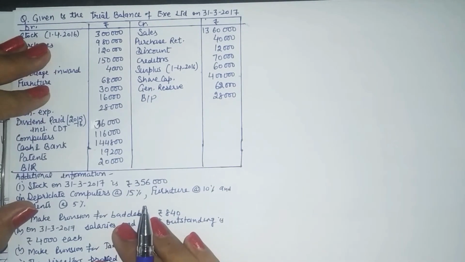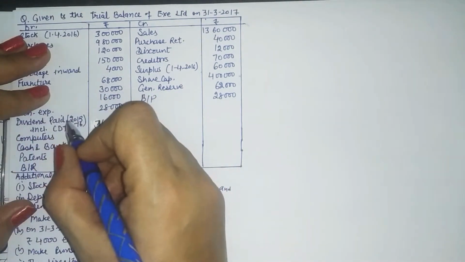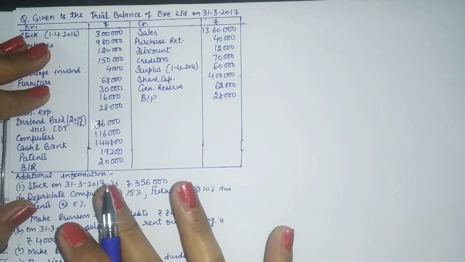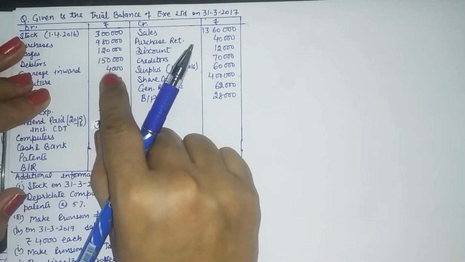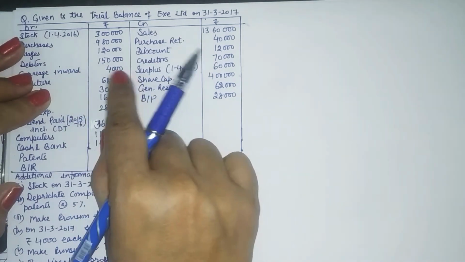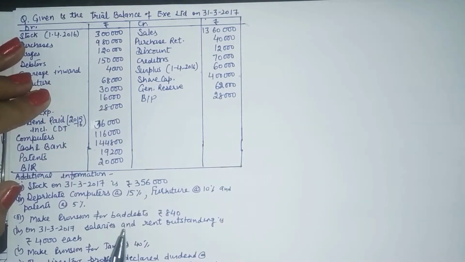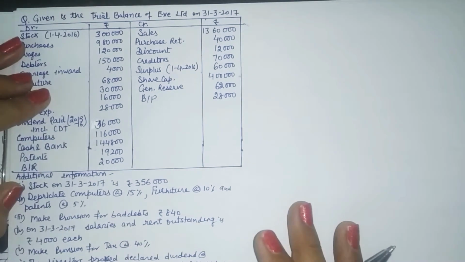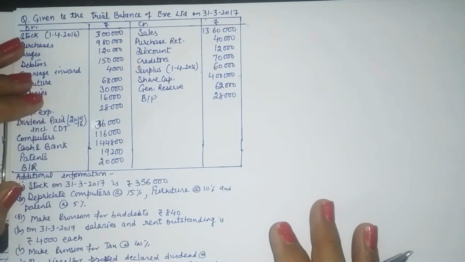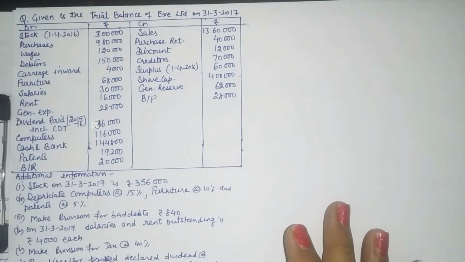So wherever adjustment is given, we can either record the effect or we can put a mark there for our understanding and as a reminder that when I am taking up this transaction, then I know that there is some adjustment with this. Either it is written here or it is given as a point number. So I look at the additional information and adjust it. So that way we will not miss out on anything and we will not be having any mistakes in the accounting. Alright, so let us read the question first.